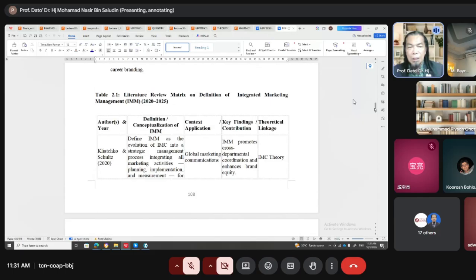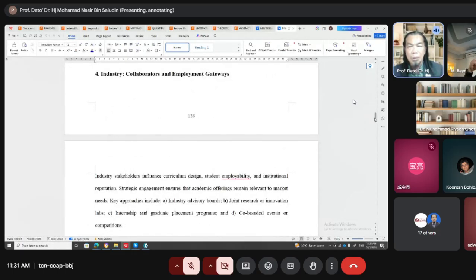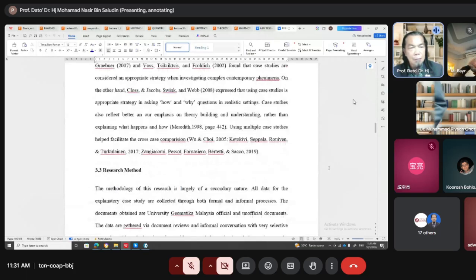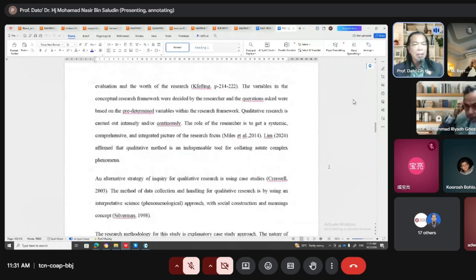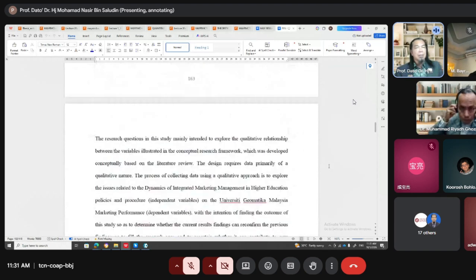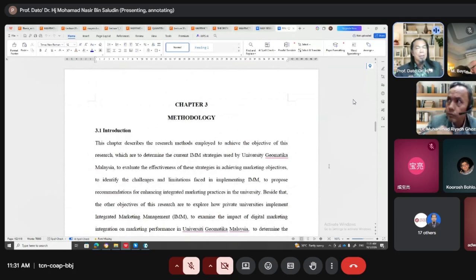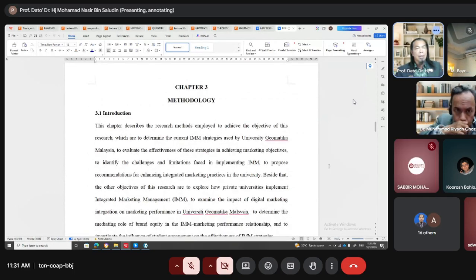Okay, after that I want to make it fast. Go to chapter 3. Chapter 3 is very important, for the qualitative and also quantitative. This is qualitative. This chapter describes the research method employed to achieve the objective. This research determines current